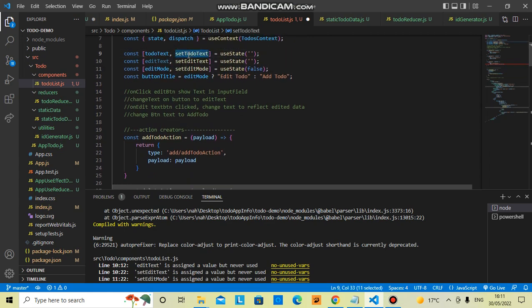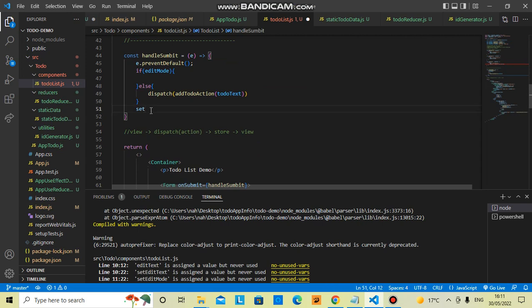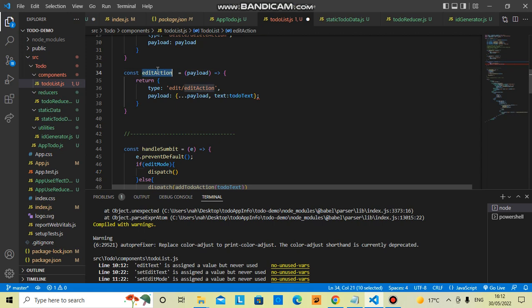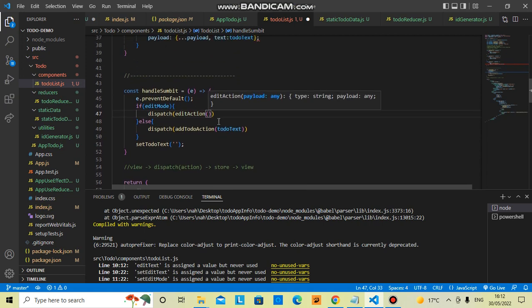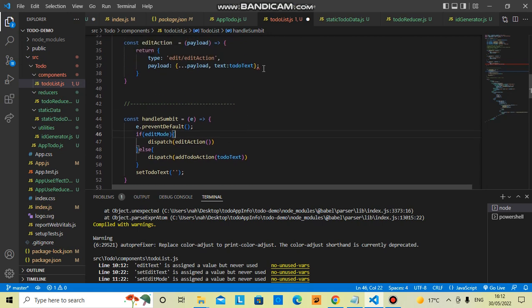And we are done, we can clear our test code. So, okay, if edit mode, then what we do is we will dispatch our edit action by passing